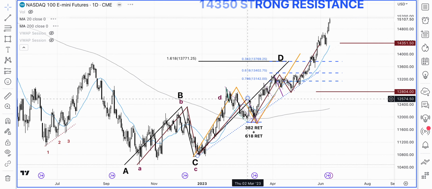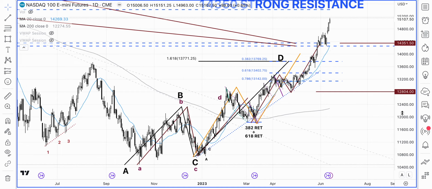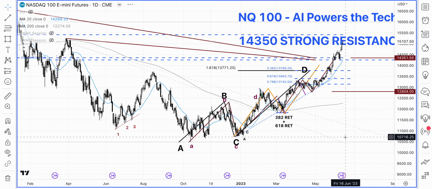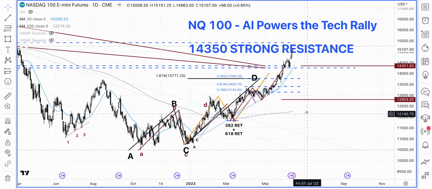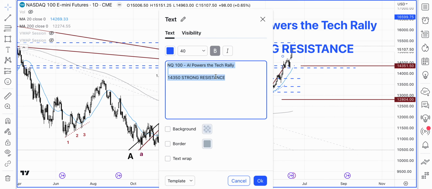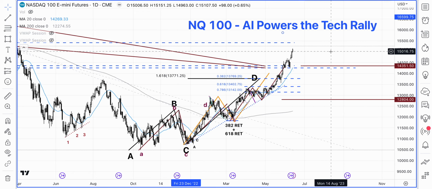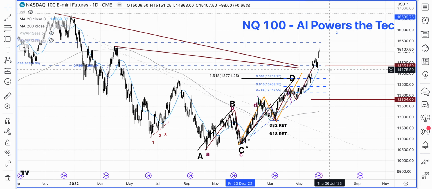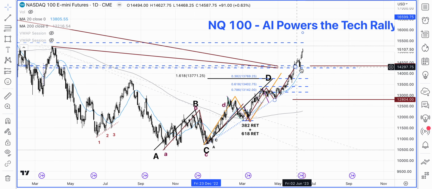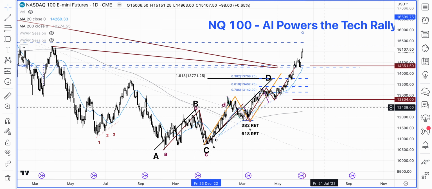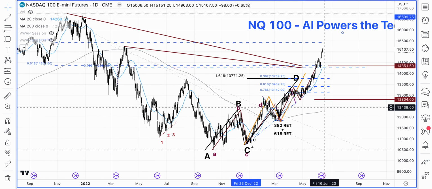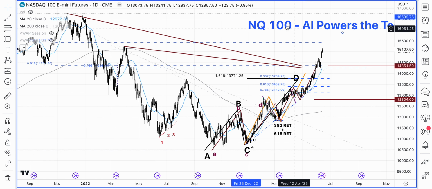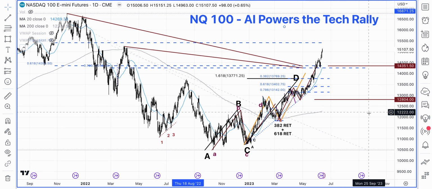Let's also take a look at the NQs. For the NQs, we were initially looking at 14,350 as a stronger resistance because of the confluence level, and obviously the market is way above that, so that pattern failed. There was around this mark a little bit of consolidation, but then the market is too strong, and also on the ES we were looking for higher numbers, and we